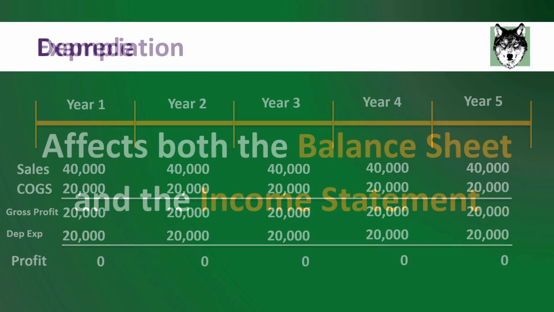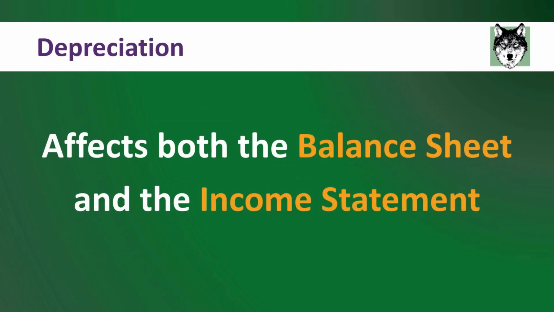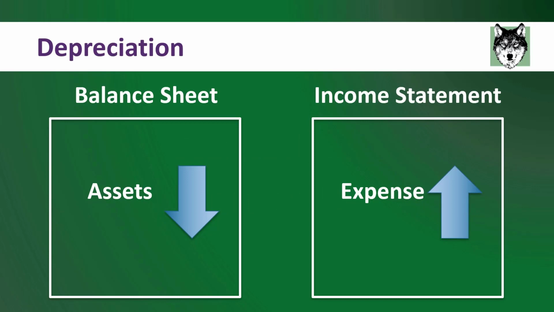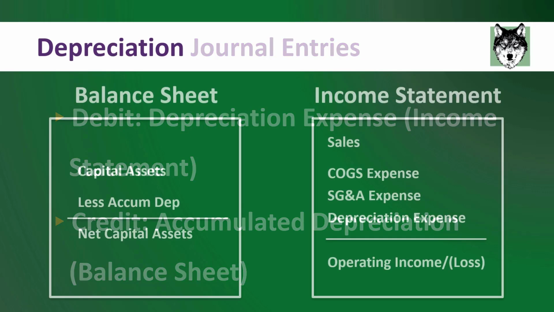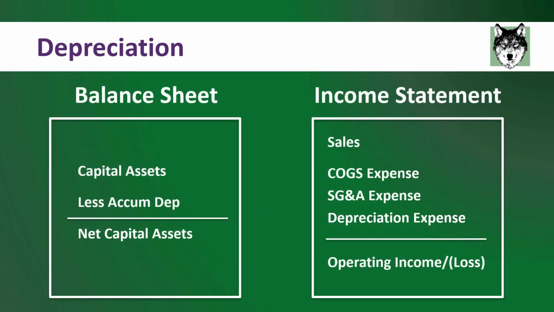It is also important to realize that depreciation affects both the balance sheet and the income statement. There are two things going on. You are reducing the value of the assets recorded on the balance sheet, and at the same time, you are recording the expense on the income statement. This takes the form of a journal entry of debit to depreciation expense, which is an income statement account, and a credit to accumulated depreciation, which is a balance sheet account. So every year you are showing how assets are decreasing in value as you use them. Decreasing the asset on the balance sheet shows investors how much assets they really have left.